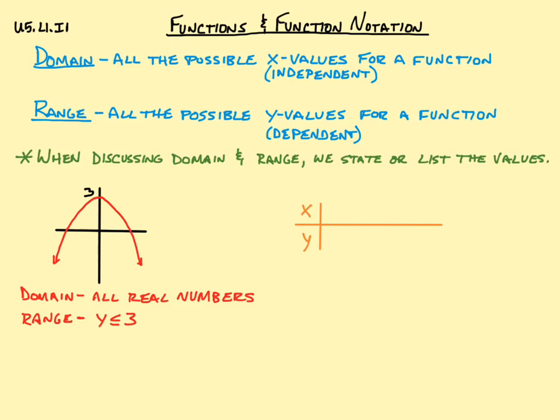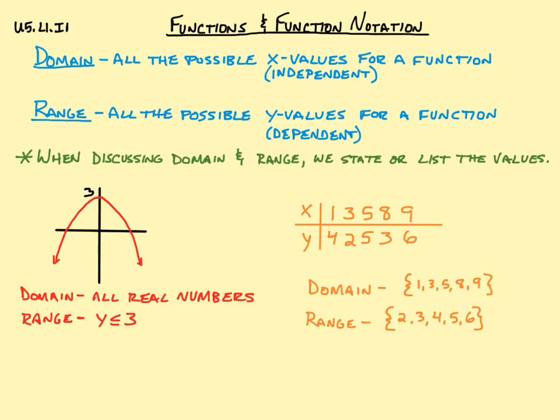Let's look at a table of values. Let's say we've got 1, 3, 5, 8, and 9, and then we have 4, 2, 5, 3, and 6. So if we want to state our domain for this, we could just list out our values. So we put in this little brace and we say 1, 3, 5, 8, 9. And our range, we're going to put again the little braces there, the little squiggly parentheses, and we'll have 2,